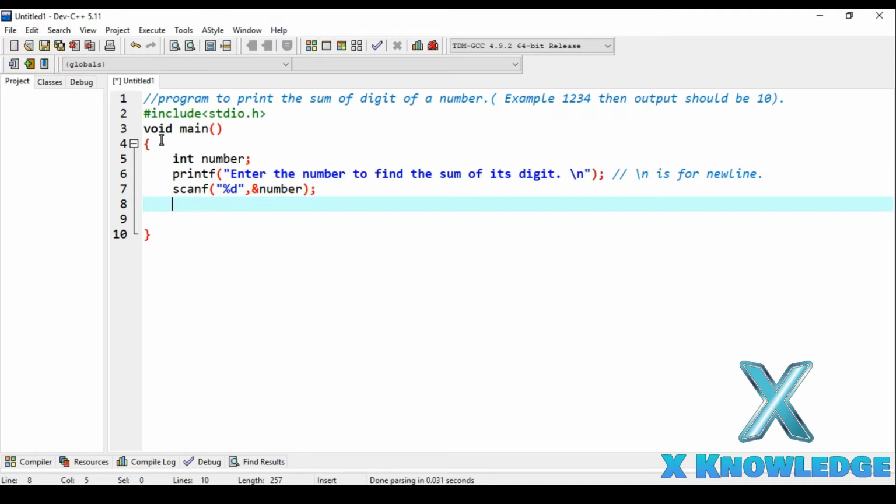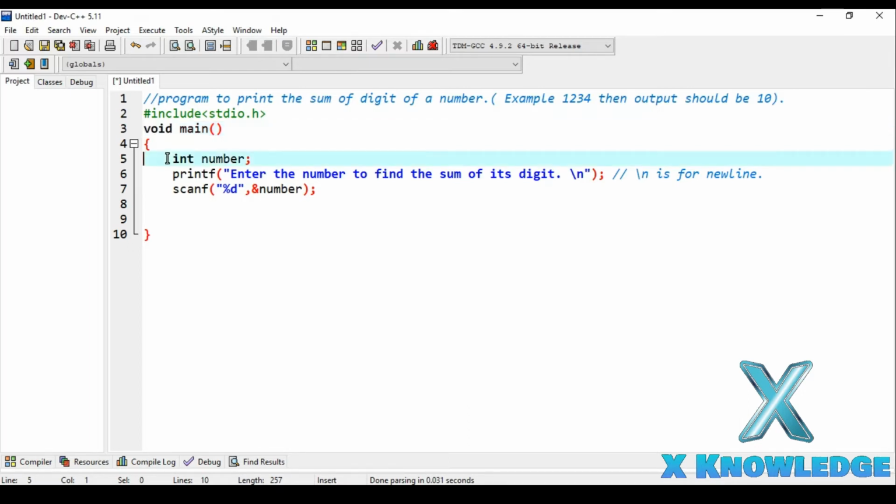Okay, and we will use the scanf function of the stdio.h library to accept the number which the user will give us, and we will use the printf function of the stdio.h library to print the sum of digits on the output screen. That's the reason we have included this library with the help of the preprocessor, that is #include. And since the execution of the C program starts from the main function onwards, we have also defined our main function, and we have given it the return type void because our main function is not going to return any value.